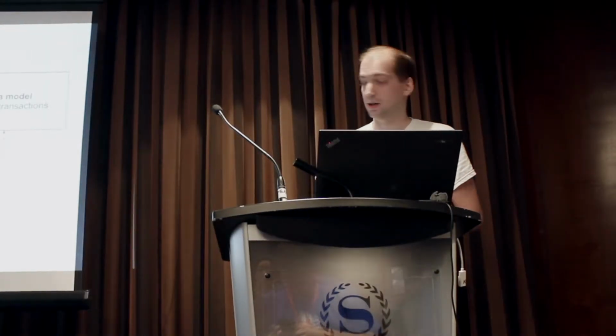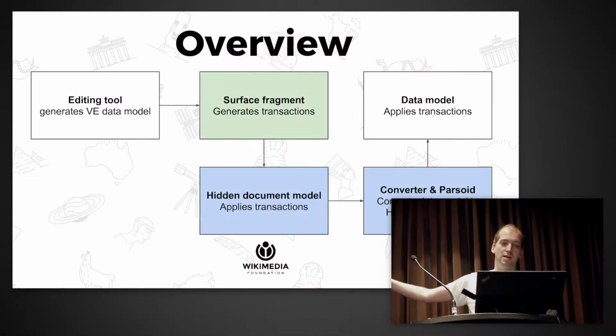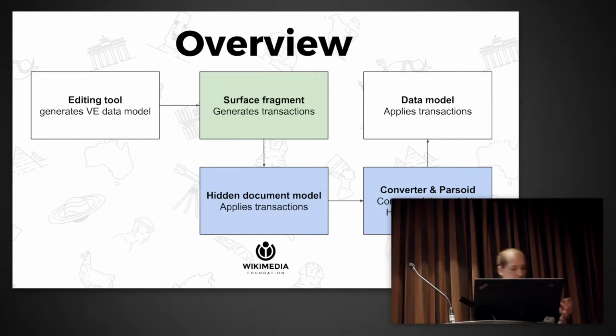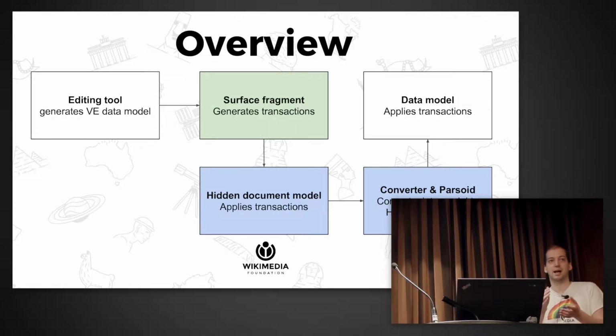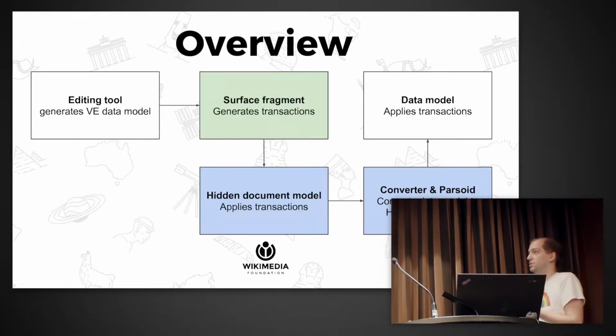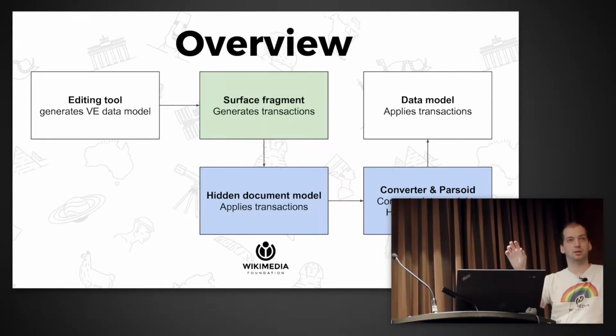And this is great, and this dotted line here is the thing that it never writes directly to the model. This is great because we can just intercept this. We can take all these actions which are visual actions. So for example, when you hit the B button, because Visual Editor is an HTML editor, it actually adds a bold annotation to each character. Or if you say insert image, it will insert, if you say insert heading, it will insert heading tags around